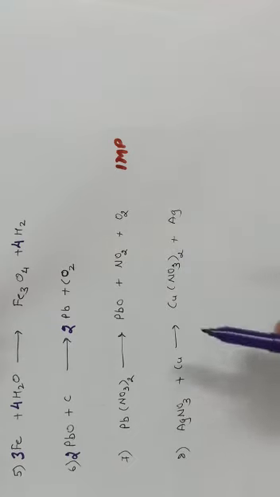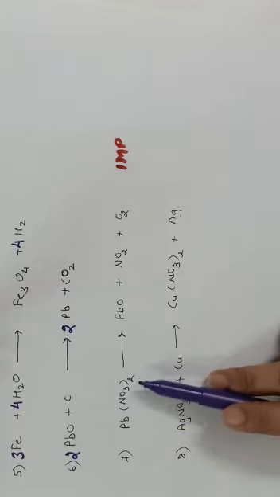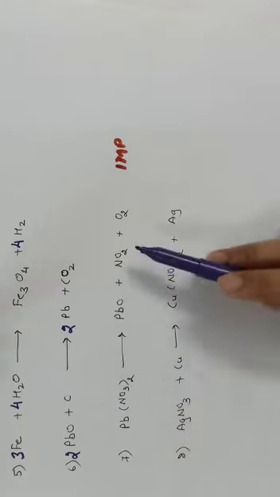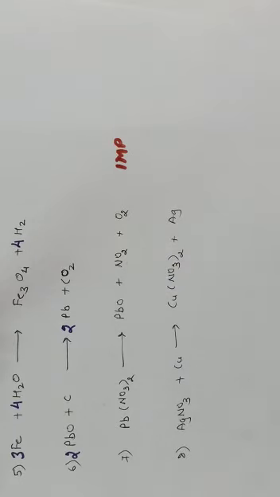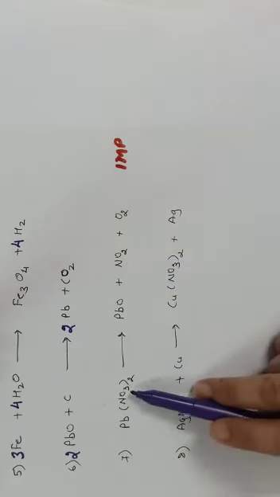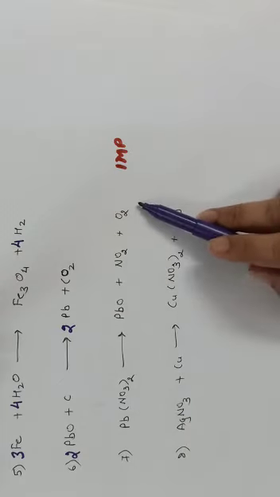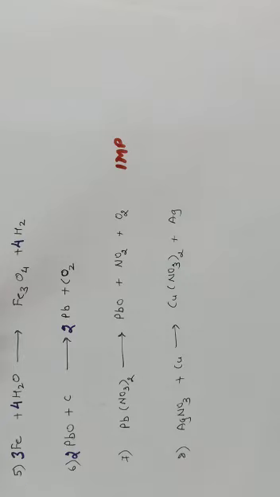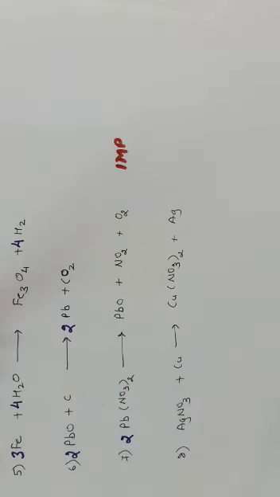Okay, so there is a difference. Nitrogen will also be multiplied by this number. So for nitrogen, I will say there are 2 atoms and here it is 1. So I will start with oxygen first. Oxygen here: 3 times 2 is 6, and here it is only 4. So what I will do, since the name of the method is hit and trial method, I will just give it a try by multiplying lead by 2.